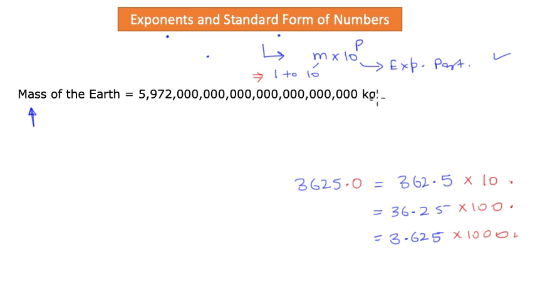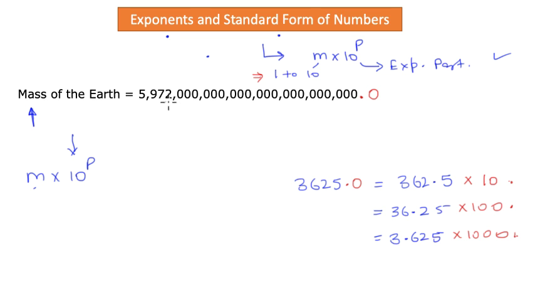What I see here is, let me get rid of this kg here, okay? So what I see here is that my current number has a decimal right here, correct? Any number can be written like this, right? It doesn't change the value of this number. And what are my non-zero digits? These are my four non-zero digits, right? Now, I want to convert this large number so that I can write this as m times 10 to the power p, okay? m is between 1 and 10.